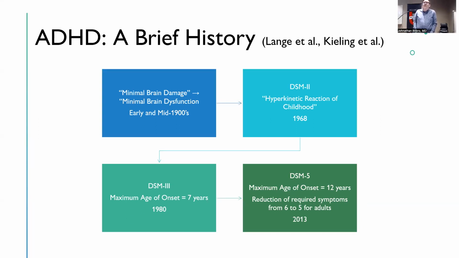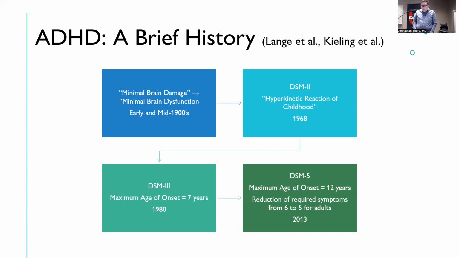But there were people that pushed back against this, argued strongly that there are certainly children that have a similar clinical picture, but have no evidence whatsoever of any kind of brain injury or sort of organic cause of their symptoms. And so in 1963, the Oxford International Study Group of Child Neurology advocated for a shift in terminology away from minimal brain damage to minimal brain dysfunction. Their definition of minimal brain dysfunction was also the first to really identify three main symptom clusters of inattention, hyperactivity, and impulsivity.